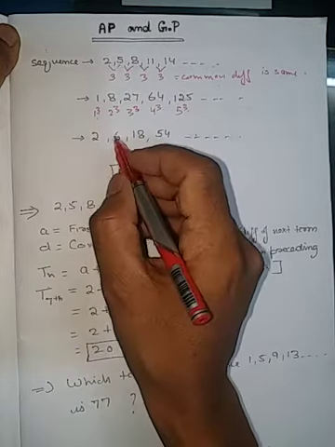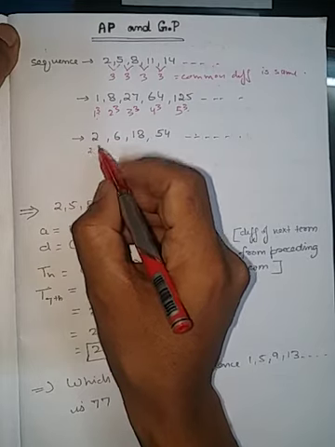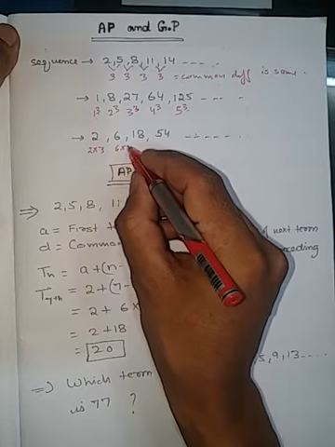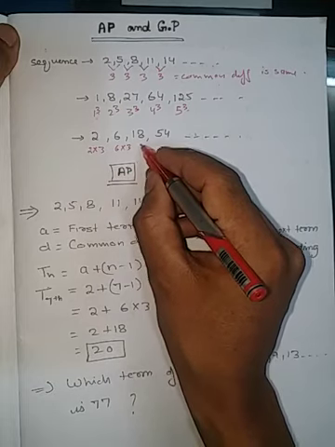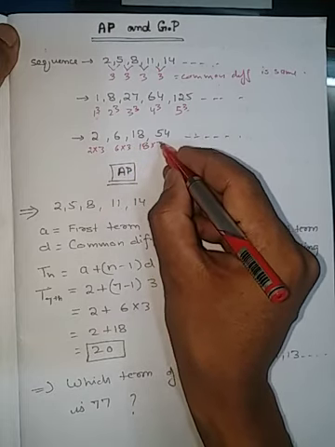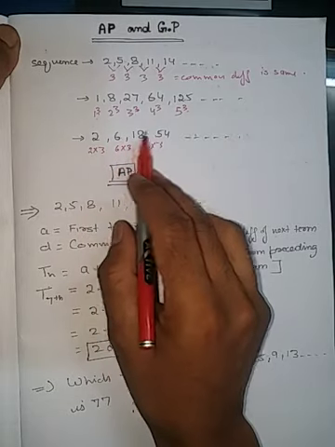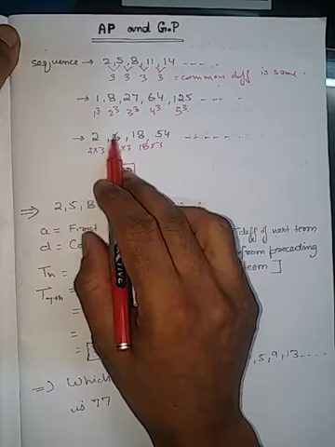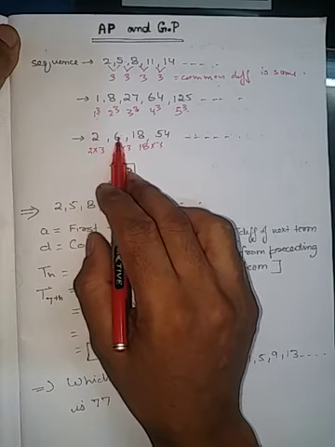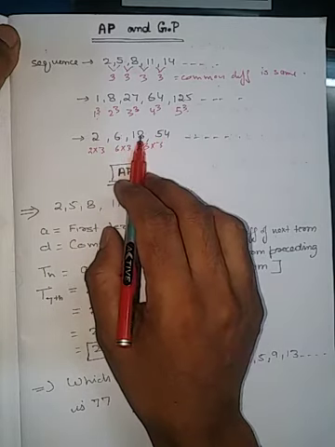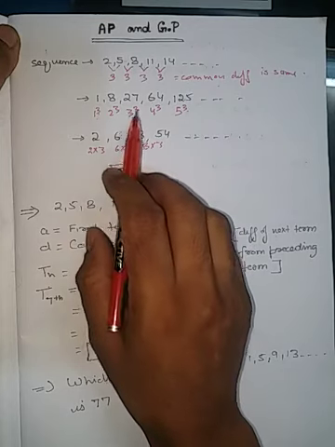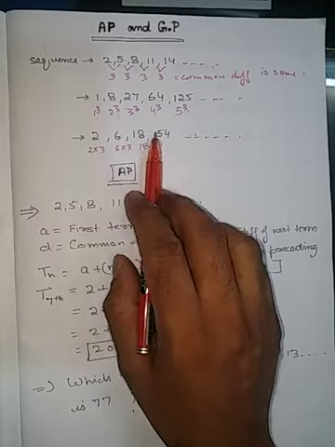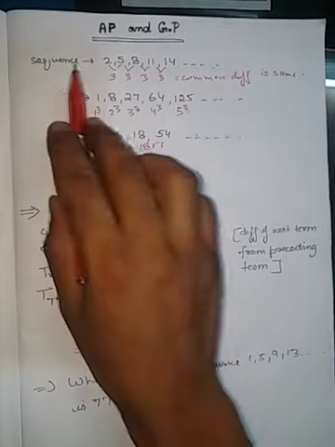Now see the next one. If we multiply this 2 by 3, we get the next number. Again, this multiplied by 3 gives the next number, and this multiplied by 3 gives the next number. So again, this is following a specific relationship. Or we can say, divide 6 by 2, we get 3. Divide 18 by 6, we get 3. 54 by 18, again we get 3. So this is again following a specific relationship. This type of series of numbers is called a sequence.